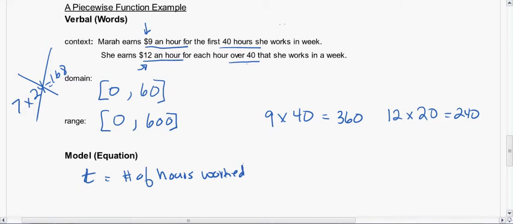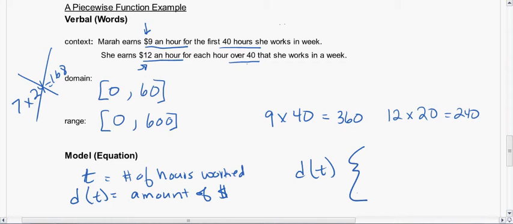And then the range, the dependent values, all have to do with money. How much money is she earning? So d of t would be the amount of money earned. Now let's write an equation. The first part, d of t: the first part will be for those first 40 hours. So if t is less than or equal to 40,